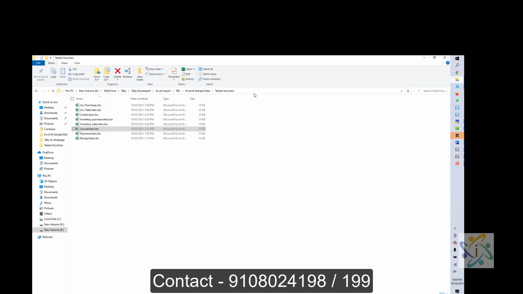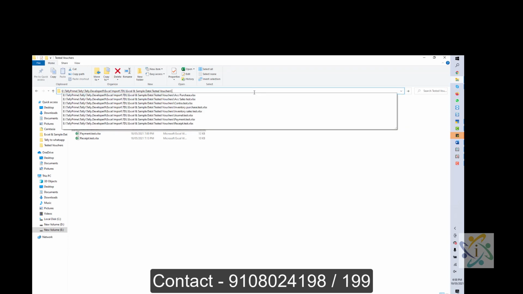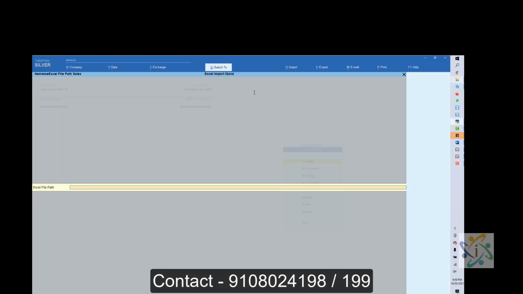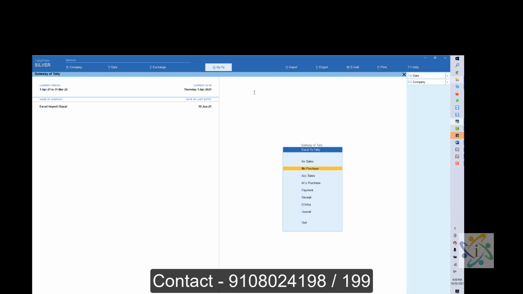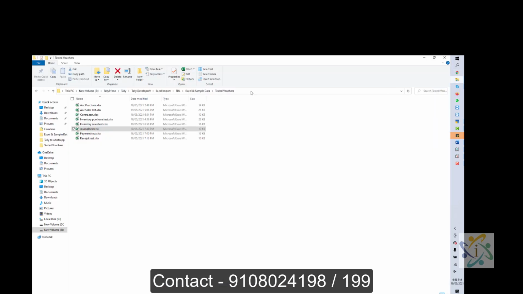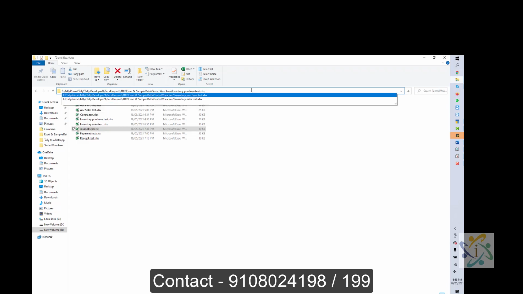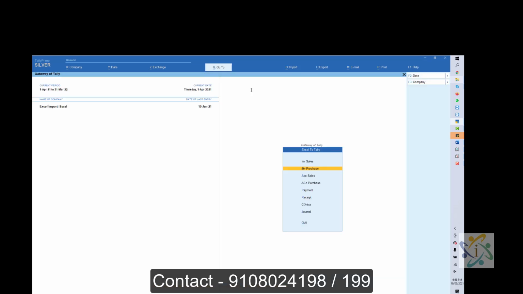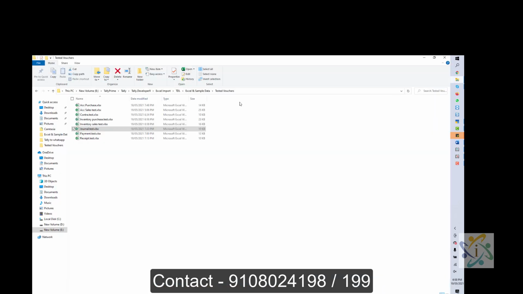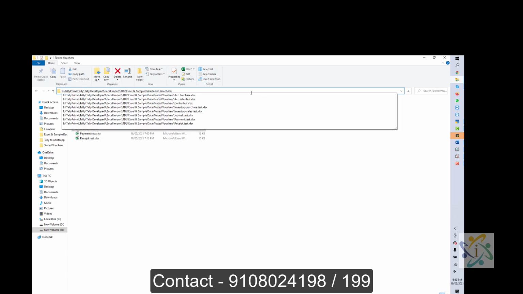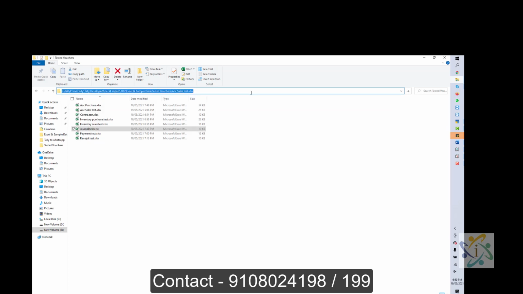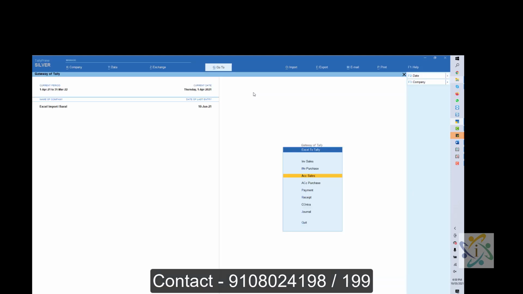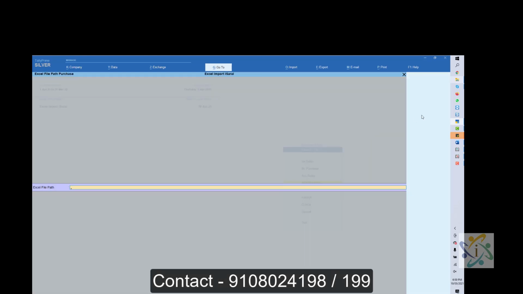Inventory sales import. Inventory purchase import. Account sales import. Accounts purchase import.